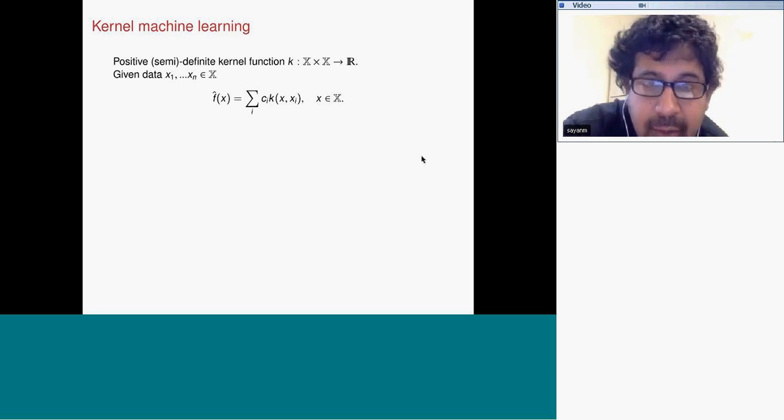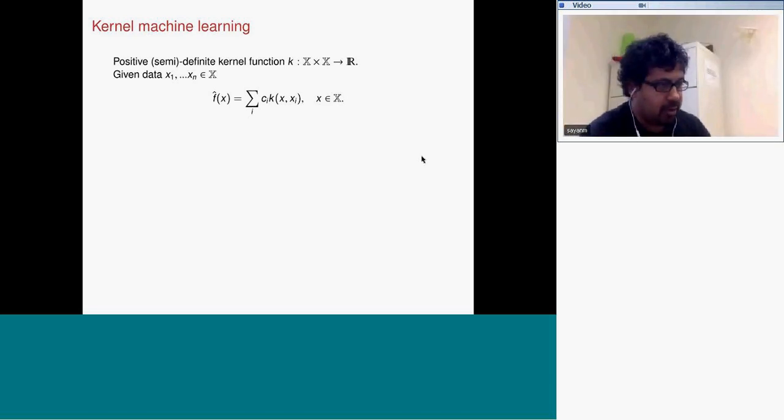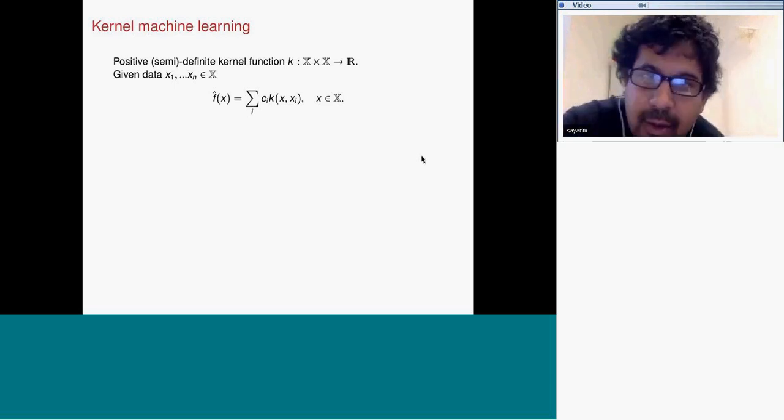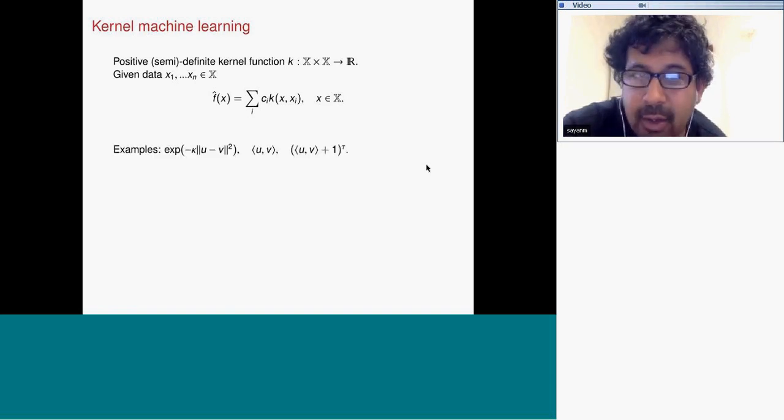The essence of them is that you have data, and from the data you want to estimate a function, and the value of that function might be a label. It may be a real value, in terms of modeling height or body mass index, whatever have you. The function is a linear combination, with weights c_i, of kernel functions around the data points. This kernel need only be positive definite. A simple example is kernel functions as little Gaussian bumps for function fitting: we put a Gaussian on each observed data point, give it a weight, and our function is a linear combination of these.